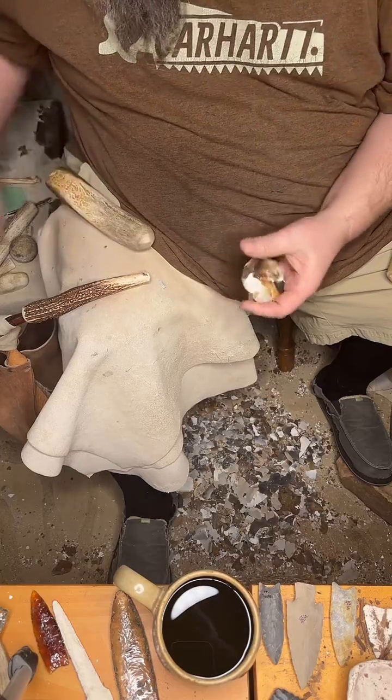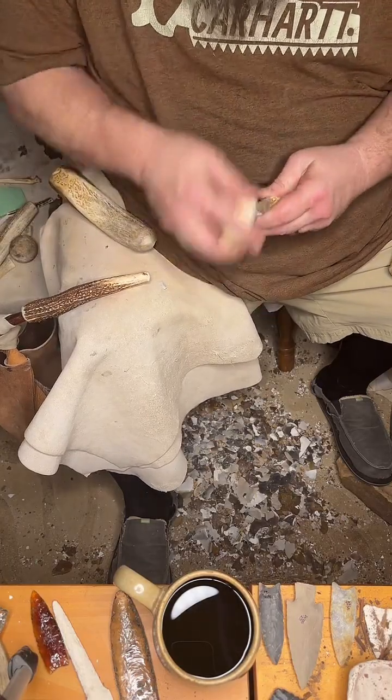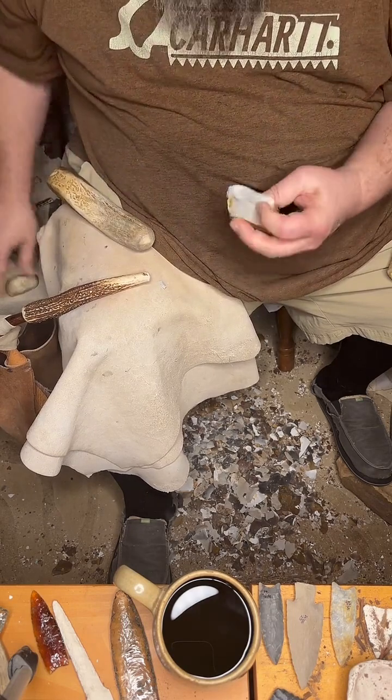I'm going to see if I can kind of pick through this, where this seam is over here, and if I can get underneath it. And